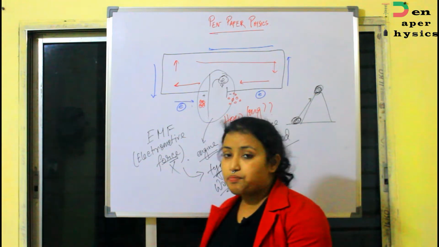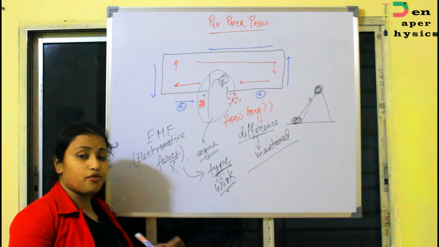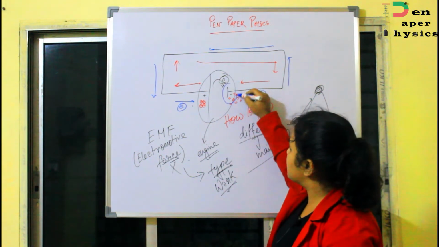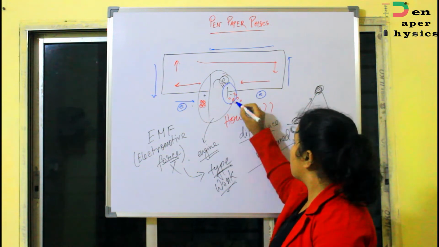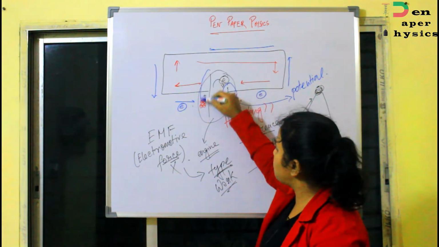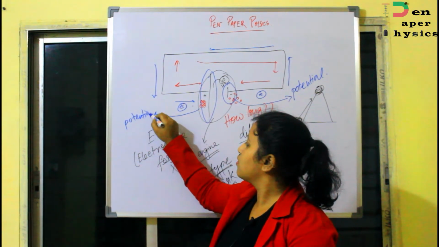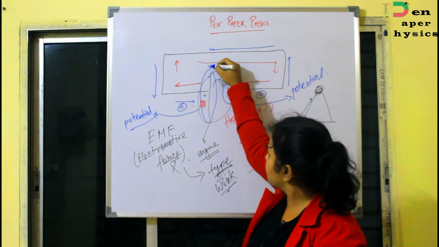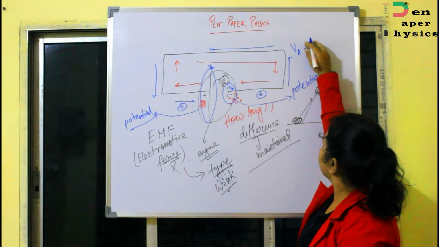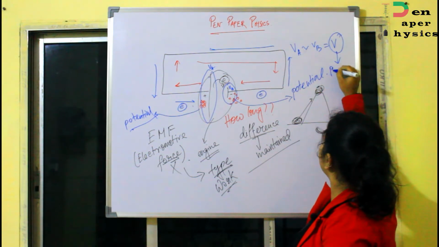Now we will go into the deeper knowledge of electromotive force, but first we will learn how to relate electromotive force and potential difference. So I can say over here that this is the negative terminal of a battery which is having some electric potential. This is the positive terminal of the battery which is also having some potential. So if I term it as VA and this as VB, there is a potential difference between these two terminals. This is what we know as potential difference.